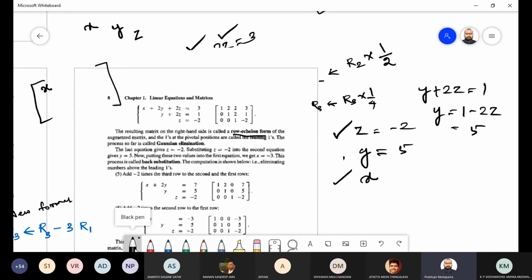It is saying that x should be here, but there should be no x here. y should be here, y can stay here also, but there should be no y here. And z should be here. This is the format. In terms of matrix, if you are writing, then how will it look? You can see 1 is here for x, 1 for y, 1 for z. This is the right hand side. And below the position of x, you will have only 0.